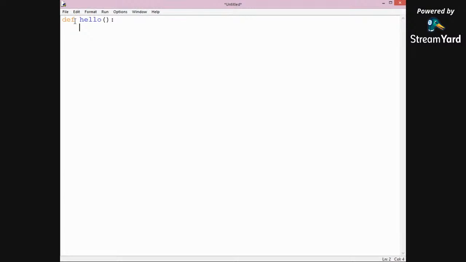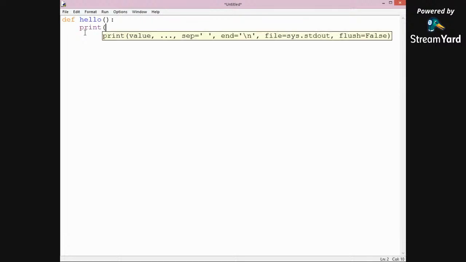Okay, so then write the code here, and inside the code there is no open brace and closing brace for functions as you used in C. Okay, so here no open and closing braces, and the body of the function is understood by its indentation. Okay, so indent all the statements. So I am just printing here, say print